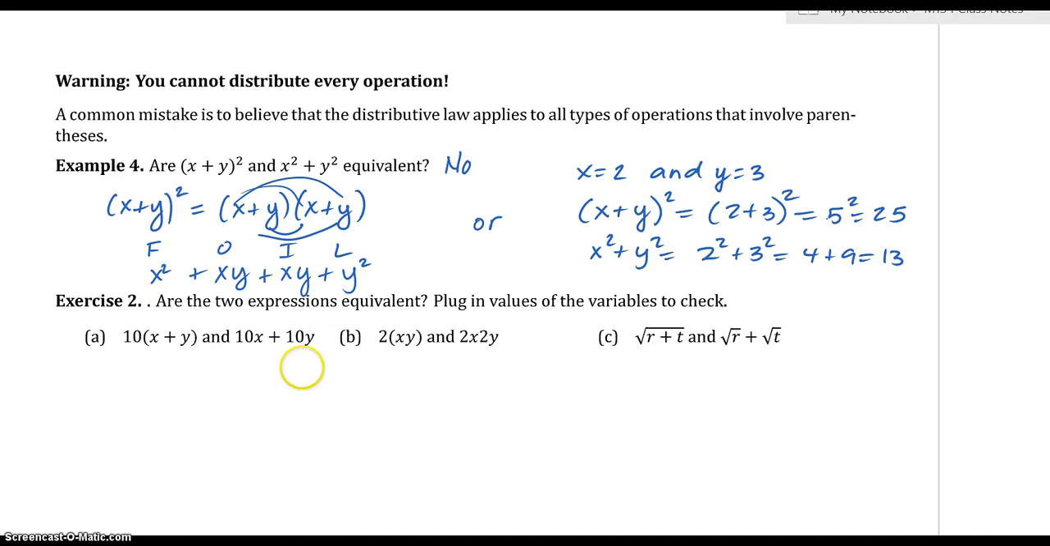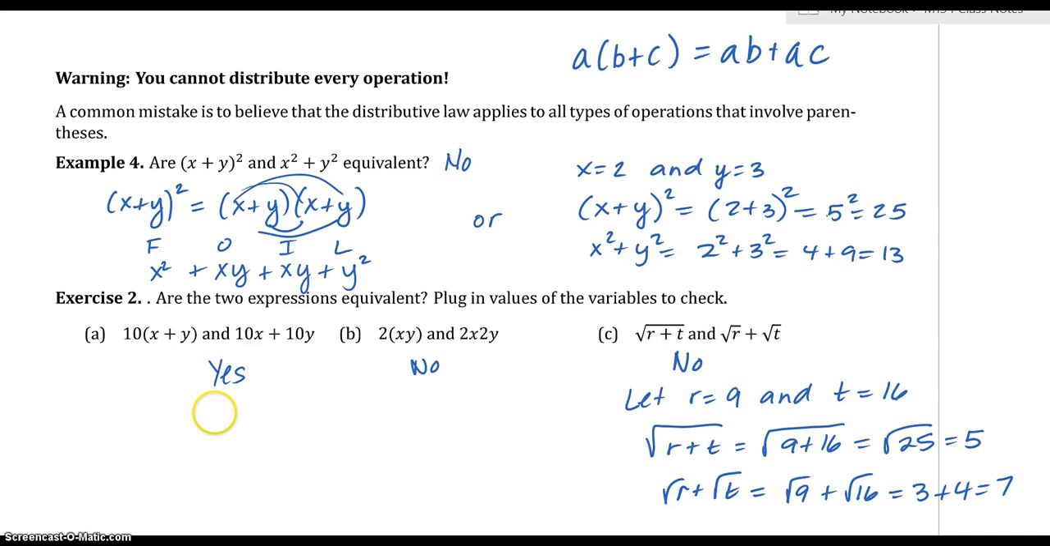So go ahead and try exercise 2. Pause when you're ready. Are the two expressions equivalent? Are you ready? The answers are yes, no, and no. It does not work for multiplication. I wrote it up here again, and you need a plus. Does not work for square roots either. You can check out